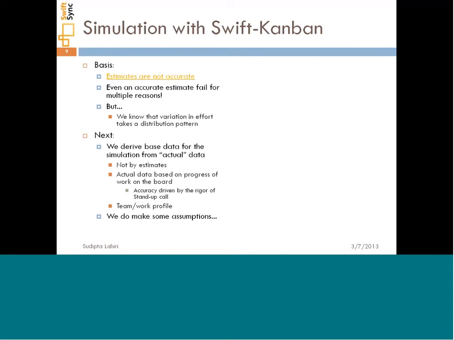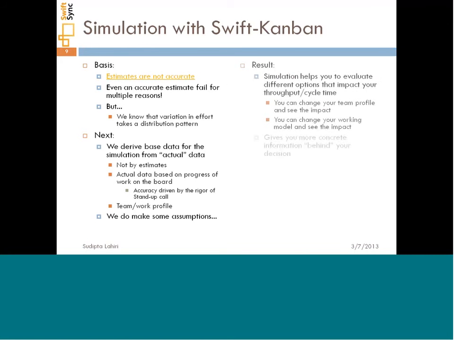For example, we ignore the fact that if a card was for 2 days, but one of the developers was absent for a day, it will still show up as 2 days, and we ignore those kinds of small deviations, because in the larger scheme of things, it becomes insignificant in terms of percentage variation.